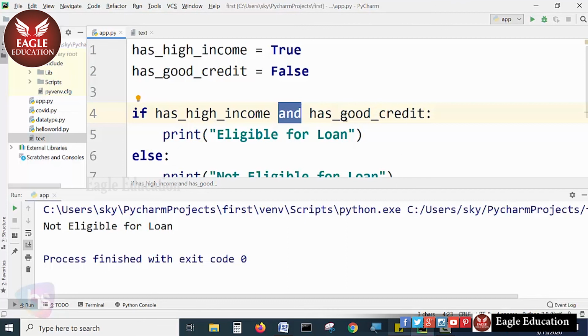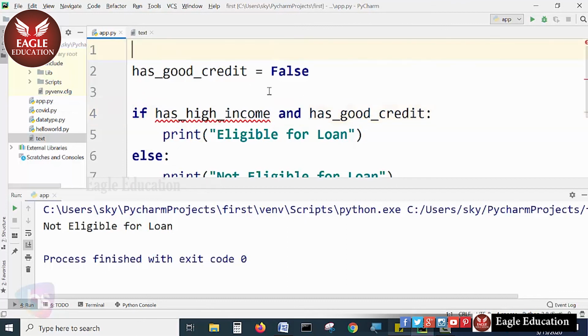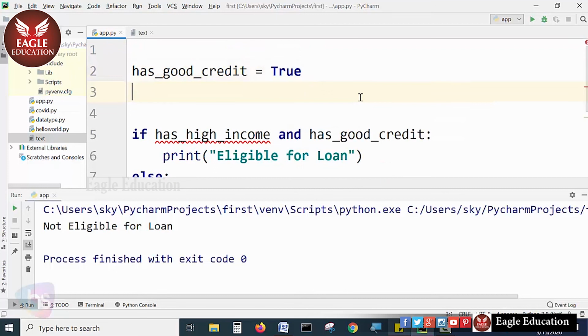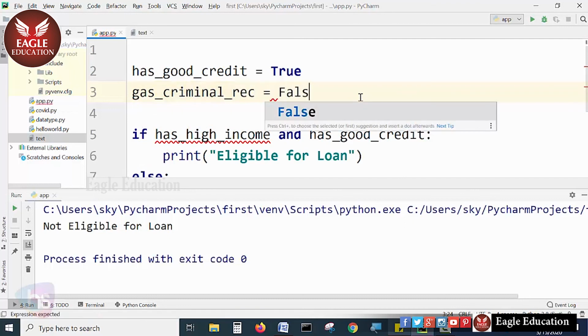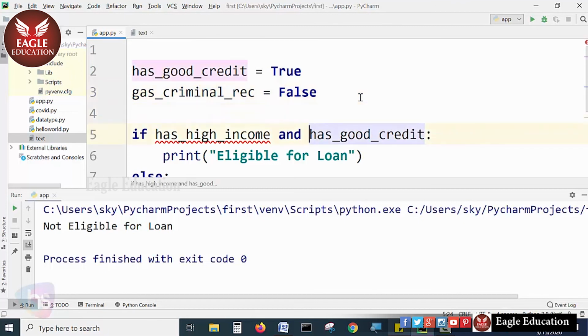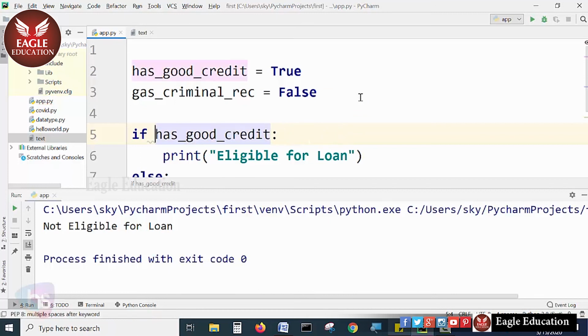Now see here, one more statement I'm going to implement is having a good credit limit and has criminal record equal to false. Then you see how the condition of the statement would be: has good credit limit and not has